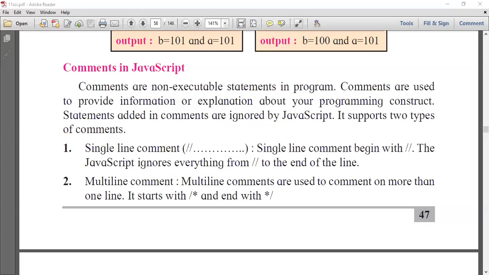A comment is used for navigational purposes. Suppose another user is studying your program and you want to explain your code by writing notes inside the code; you can write those notes inside a comment. Whatever you write inside the comment will never execute and will not give output on a web page.